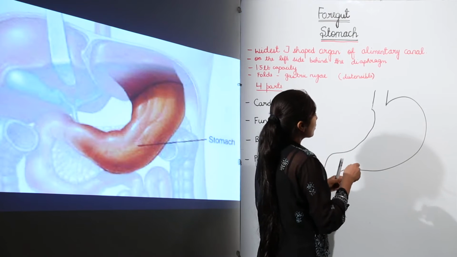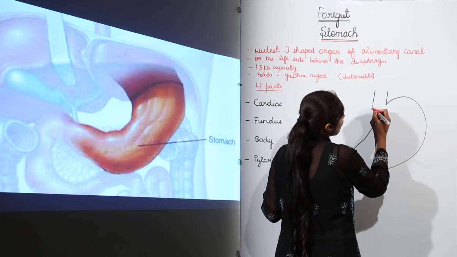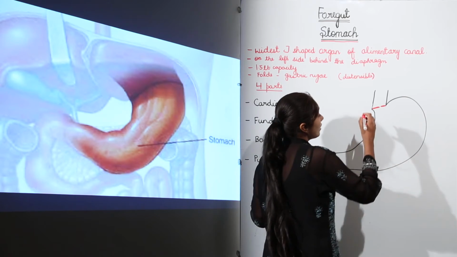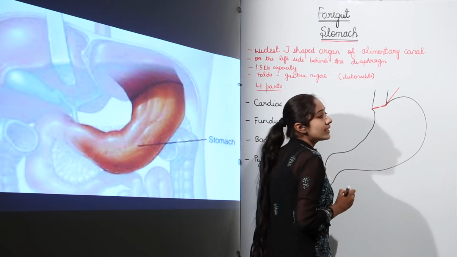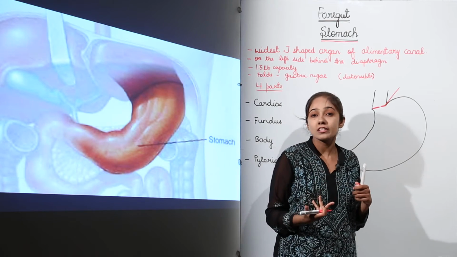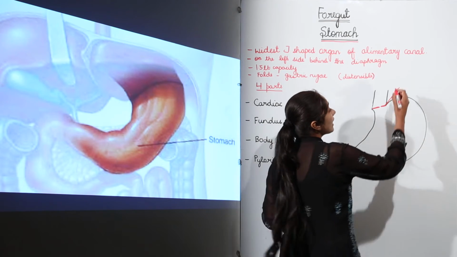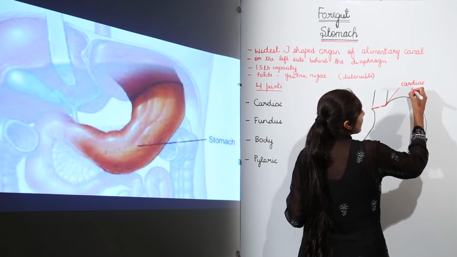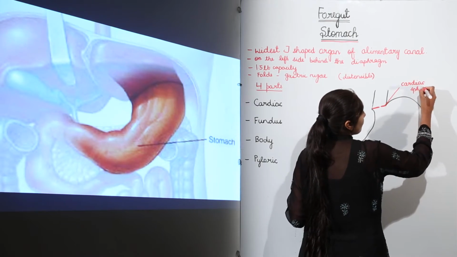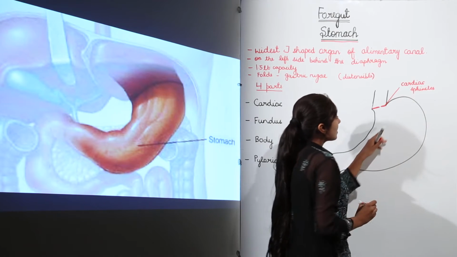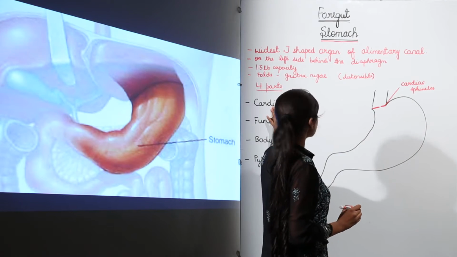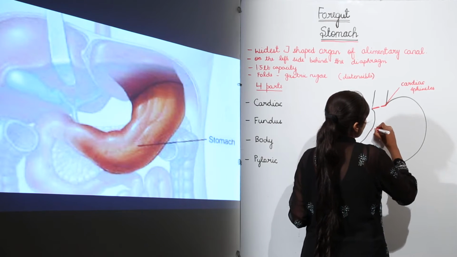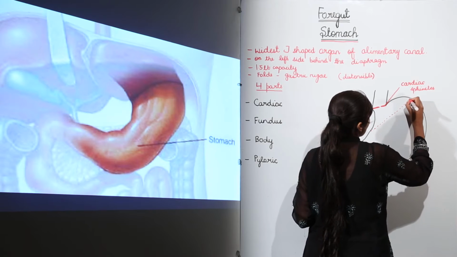Now, what we are going to have here is a sphincter over here. Okay. We have a sphincter over here, which I told you earlier also, we call it as a gastroesophageal sphincter, or we can also call it as cardiac sphincter. Now, since there is cardiac sphincter, the first region, that is the cardiac region, the cardiac part of the stomach is still this portion. Okay.